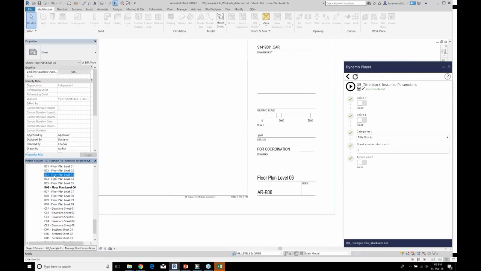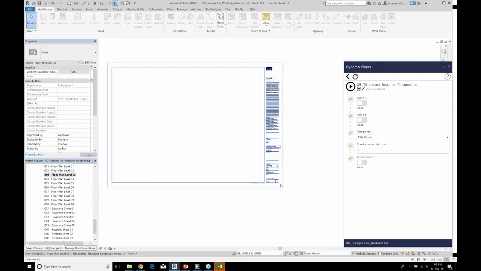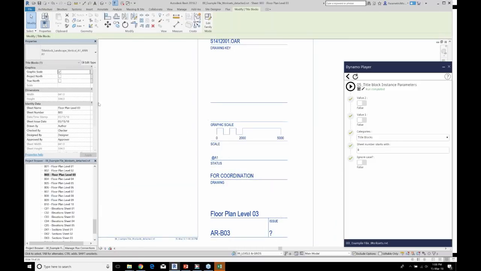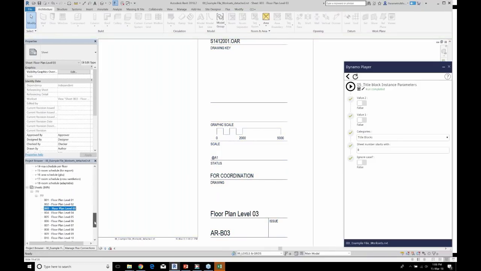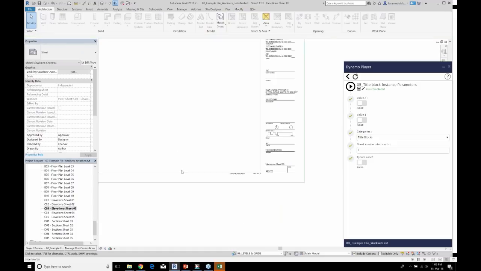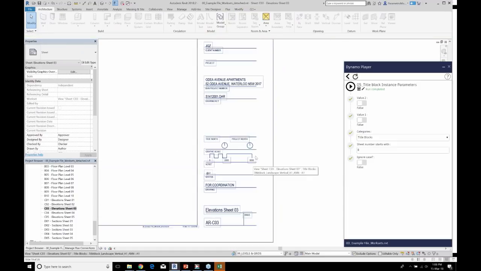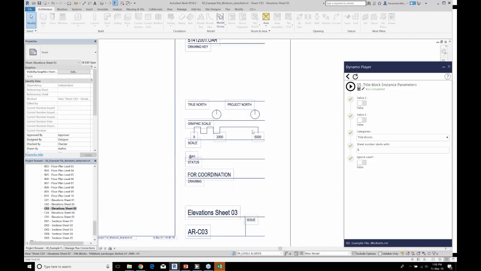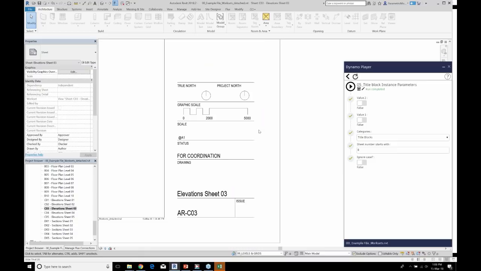And if we go to any of our B series drawings and we select our title block, we should see that they've been deactivated, and hopefully on all of the others they're still there and enabled. So when you're writing these scripts, one of the things to keep in mind is someone may have previously run this script.